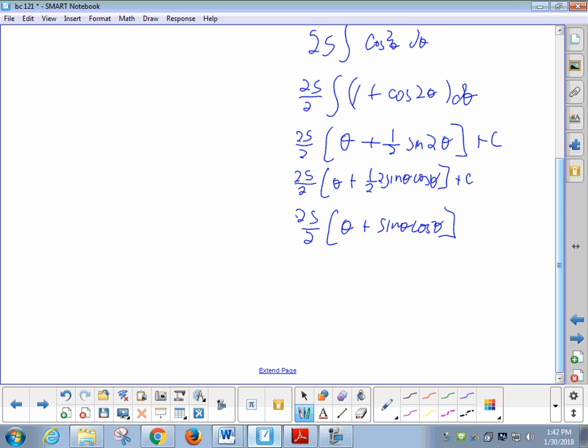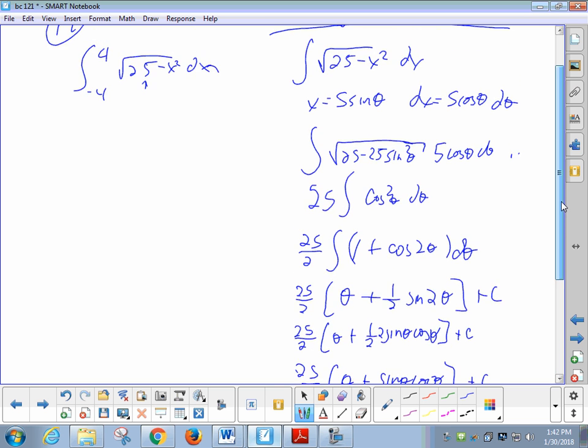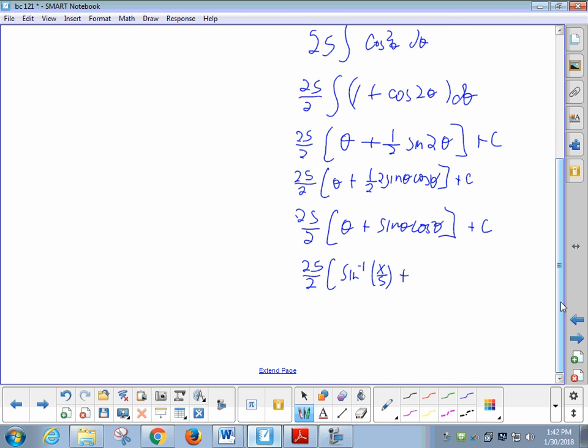So at the end of the day, it's 25 halves theta plus sine theta cosine theta plus c. Now at this point then, we're going to sub back. You got 25 halves inverse sine of x over 5, plus sine, which is x over 5, and cosine, which is root of 25 minus x squared over 5. Okay. Then the antiderivative from -4 to 4